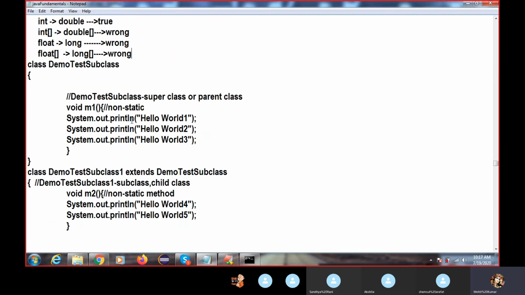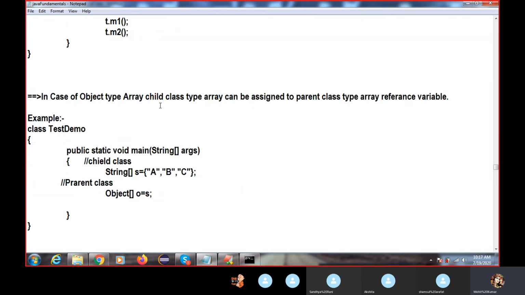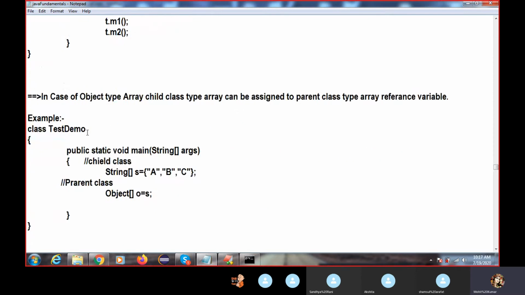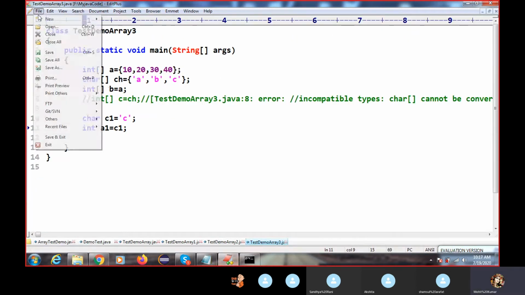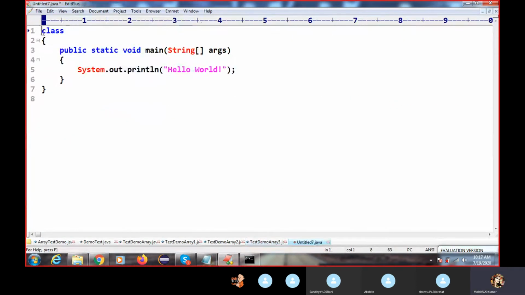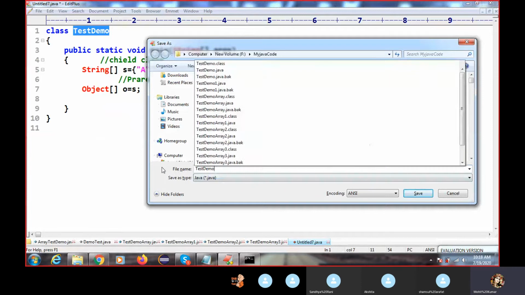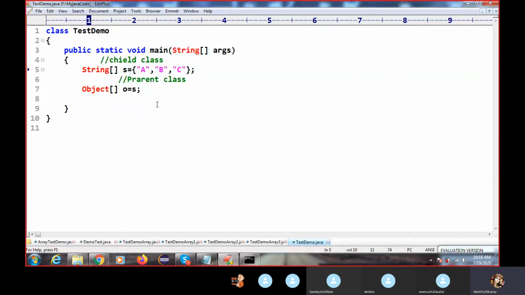So this is your inheritance concept. In the coming session we will discuss this, so I'm not exploring it now. One more thing: I have written this because it will be used here. It may not work in my system, but you can try in your system, it will work. So you can store. When you are writing logical programs, this type of scenario will come, storing one type to another type, doing the casting from one type to another type.